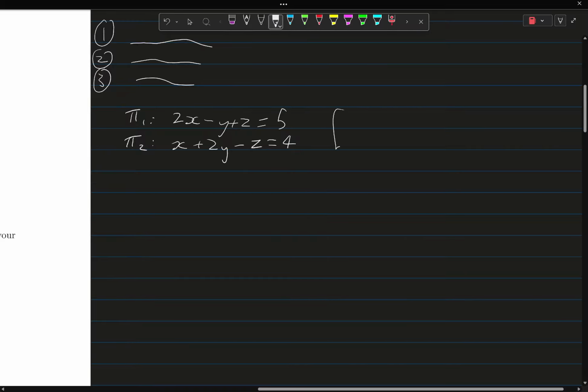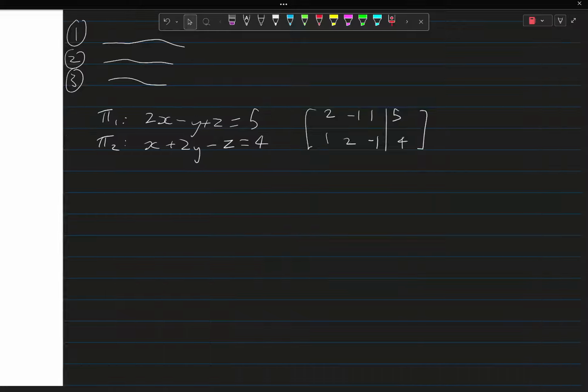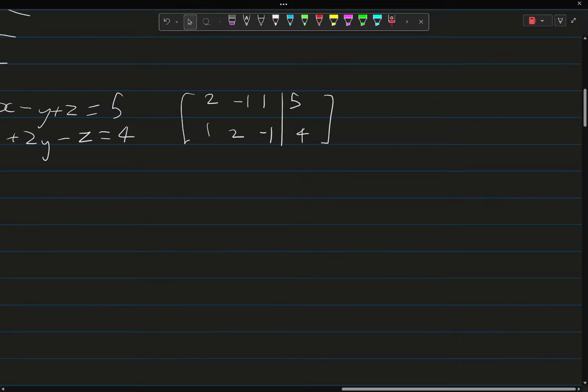So what we do is take the coefficients of x, y, and z. For 2x minus y plus z, it's 2, -1, and 1, and we have the straight line to represent the equal sign, then the constant value. We do the same for the second equation: 1, 2, -1, and 4. Now, when you're doing Gaussian elimination, you want to be